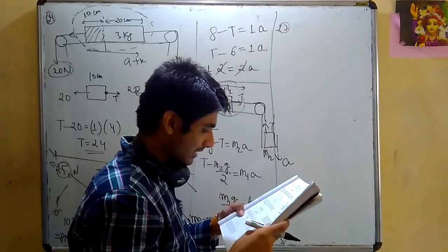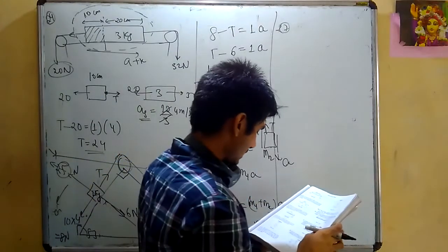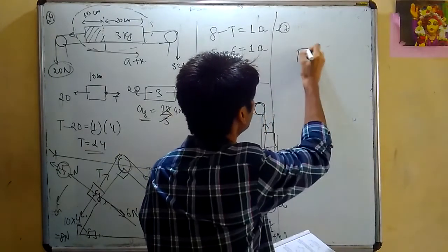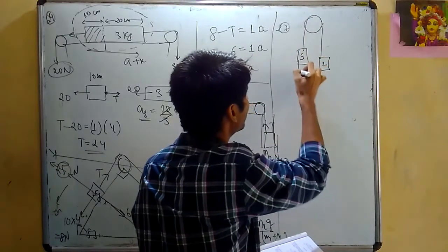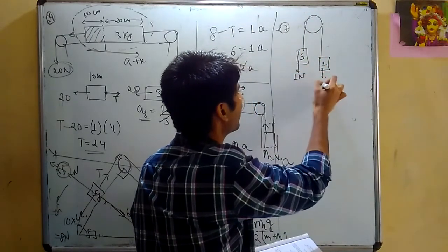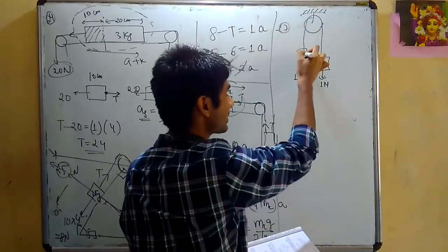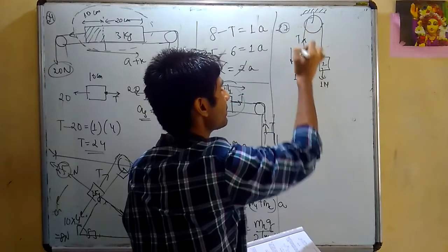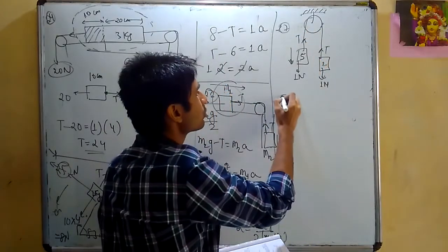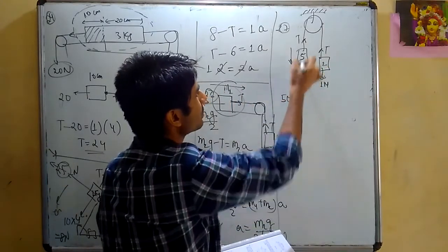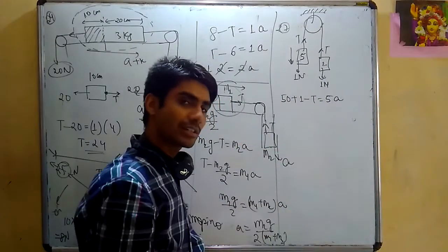Question 27: m1 is 5, m2 is 2 and F is 1. Find the acceleration of the blocks. m1 is 5 and m2 is 2, and on both I am applying a force of 1 newton downward. This is the heavier one, so it will go down. Tension T on both. What is the equation for this? It is going down, so its own weight plus the extra force minus tension should be equal to 5a. The acceleration of both will be the same, there is no doubt about it.